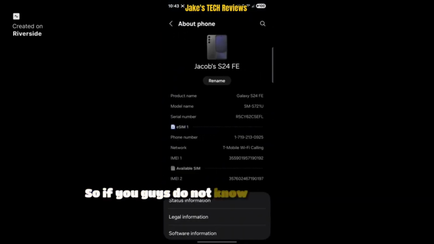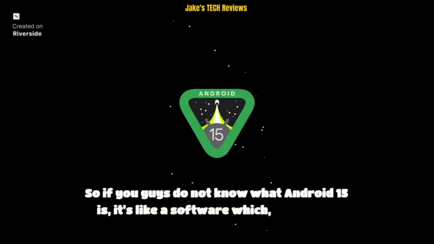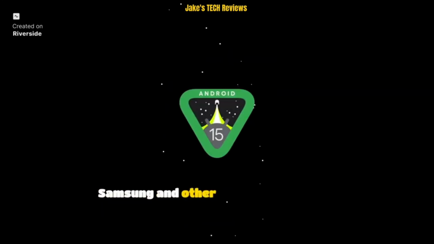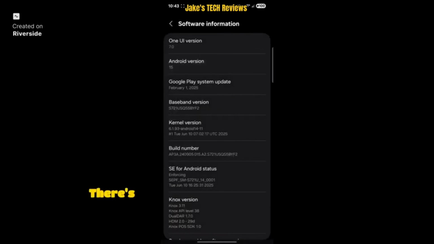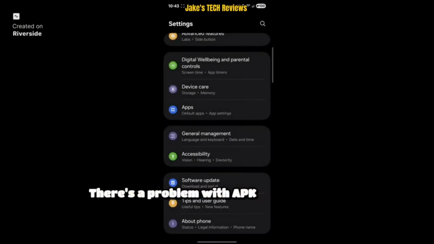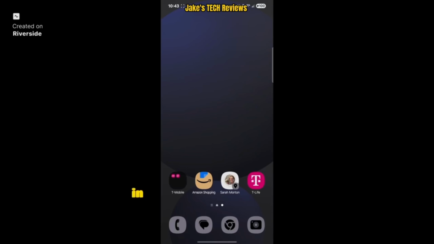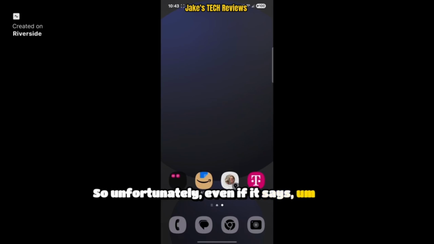Today I'm going to show you guys how to install any APK on Android 15. So if you guys do not know what Android 15 is, it's like a software which Samsung and other phone brands have released, but there's a problem. There's a problem with APK compatibility in this version of software. So unfortunately, even if it says like your APK is incompatible,